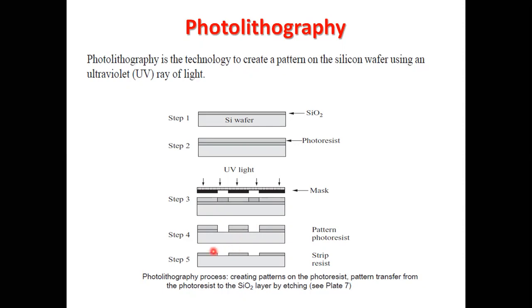You can see this one is dipped into the solution. Now what happens in the solution? The soluble parts of the photoresist and the underlying silicon dioxide are etched out. The photoresist is then stripped off. This is the stripped resist. And the replica of the mask is formed on the silicon dioxide layer. This one is the ultimate device that is created.